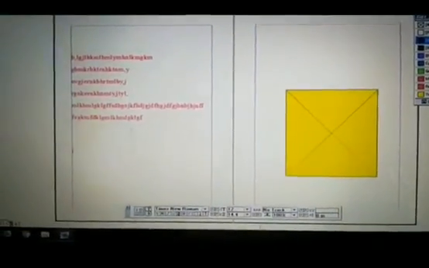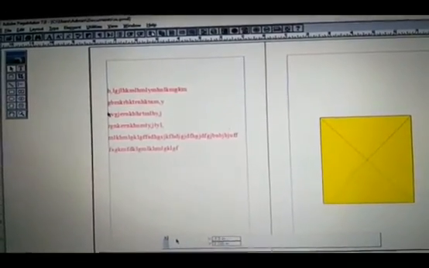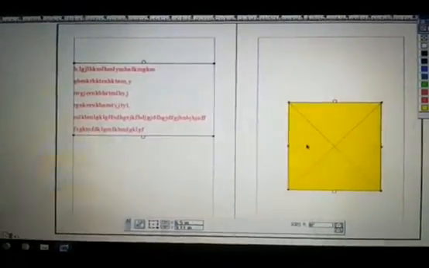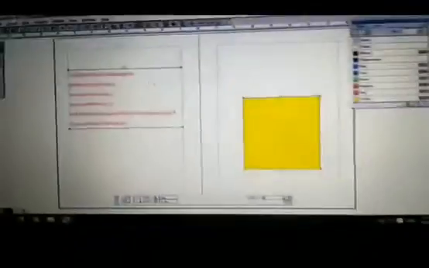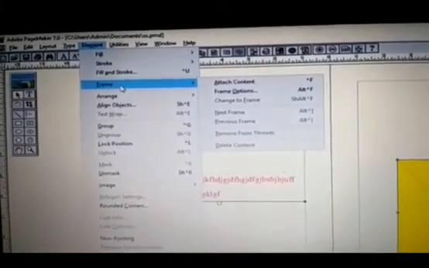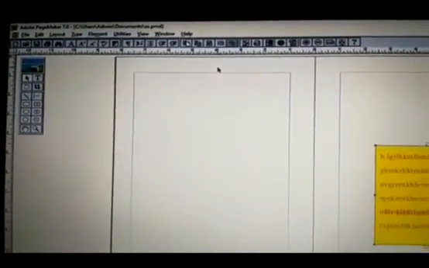Now I am going to select both the text and the frame. You first select the pointer tool or selection tool. Then you select the text block, and by pressing the shift key you select the frame. Now both elements are selected. Then in the Element menu, you choose Element, Frame, Attach Content, so that the text gets added into the frame.